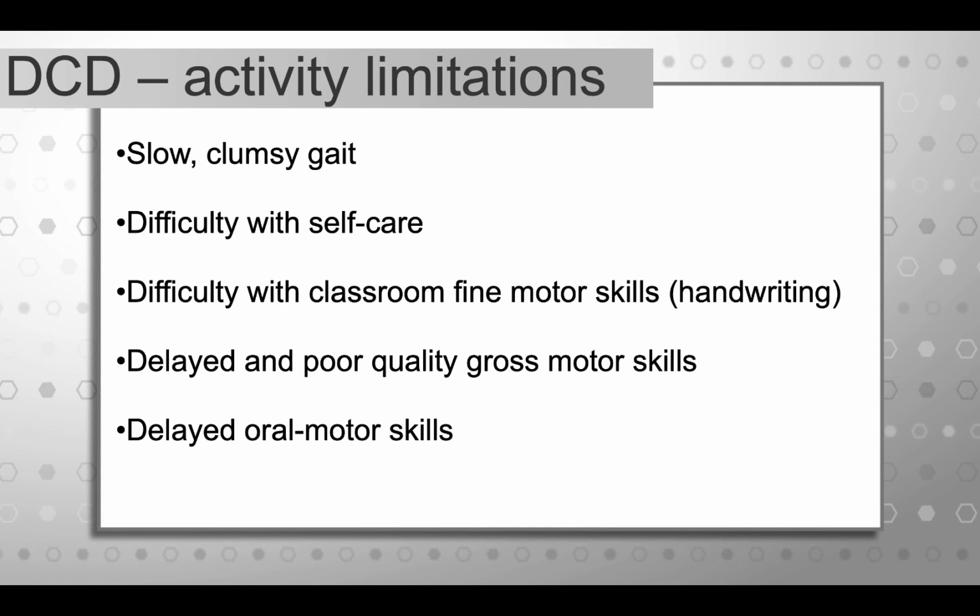Their gross motor skills may be delayed. They also may be poor quality. So you may just see some differences in quality of movement. Kids with DCD learn compensations, but they also don't necessarily have a good sense of where their body is in space. So they think they're doing a jumping jack, and what they're actually doing doesn't look anything like a jumping jack, because they don't have that connection of understanding where their body is in space